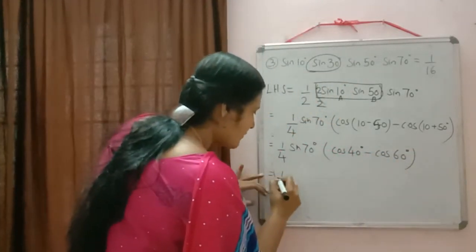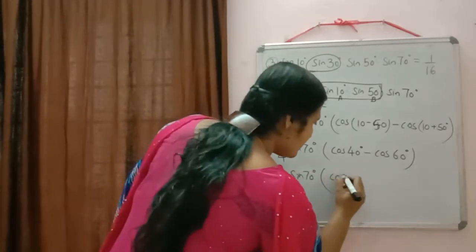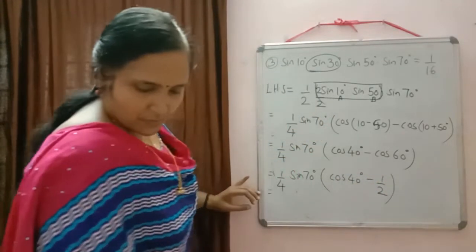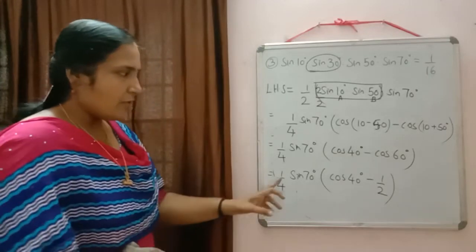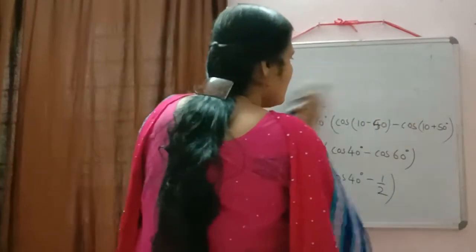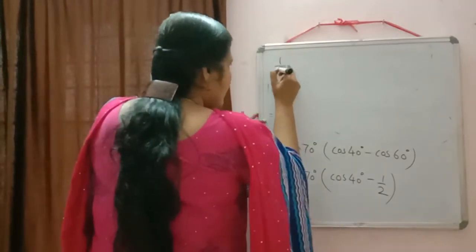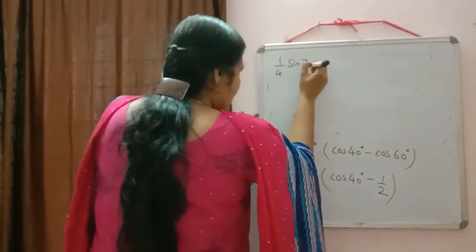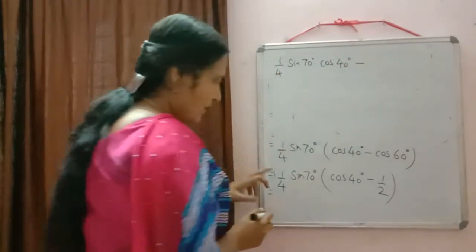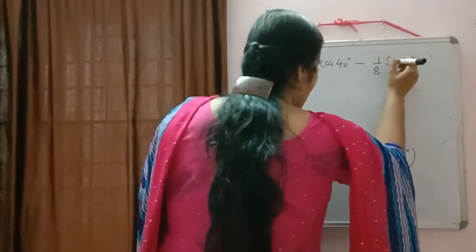We know the value of cos 60 degree. How much? 1 by 2. So just to substitute the value, cos 40 degree minus 1 by 2. Now what we will do? 1 by 4 into sine 70 degree will get multiplied inside. So now we are going to do the multiplication. So it will be equal to 1 by 4 into sine 70 degree into cos 40 degree minus 1 by 4 into 1 by 2 will be equal to 1 by 8 sine